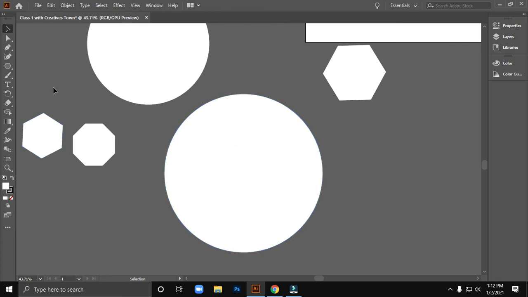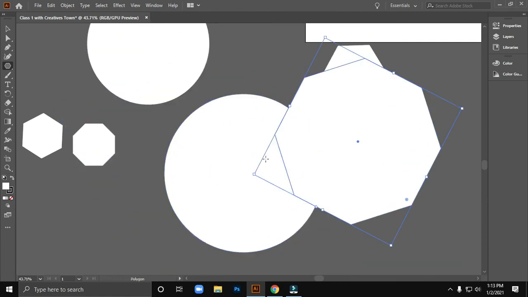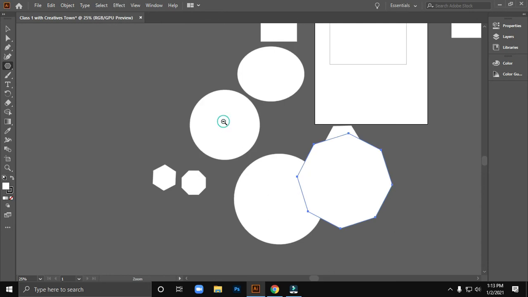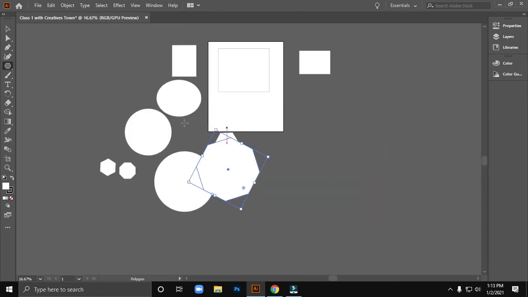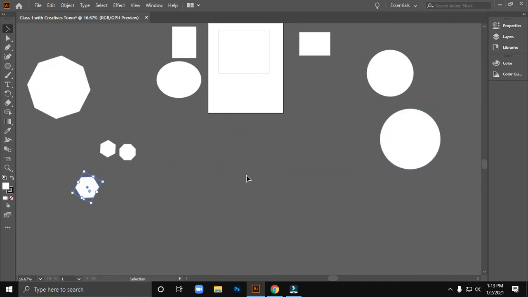Now I'm going to the selection tool. If polygon tool is selected, if you click the left button of mouse, it simply creates another polygon. You cannot move the previous polygon to another place. So for moving the shapes from one place to another place, you will have to use the selection tool. Just press the selection tool and click on the shape that you want to move and just move it here and there. You can move it easily.